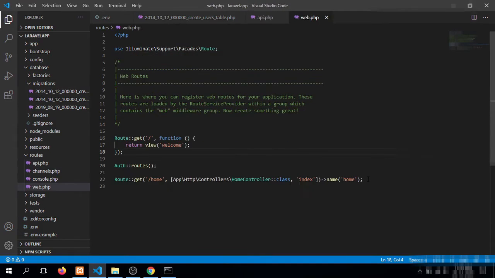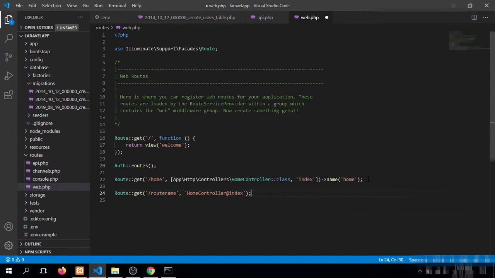You can see that previously when we created a route in Laravel, we just passed our route, and on the second parameter we passed home controller @ index, where this was the controller and this was the index, meaning the controller method.